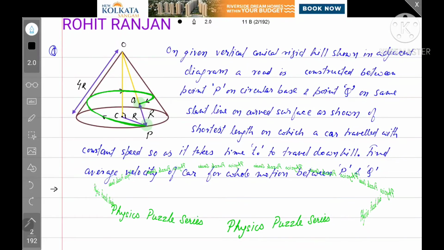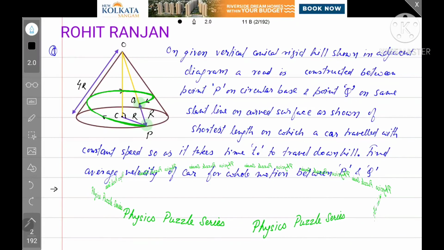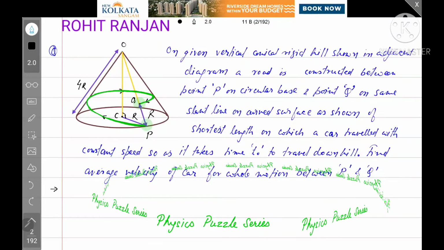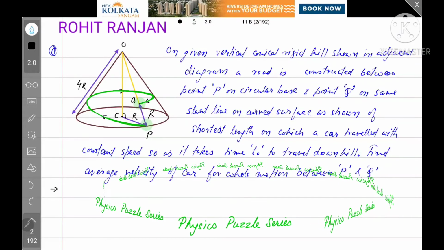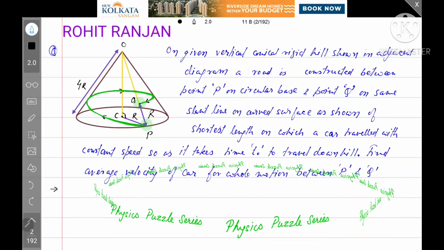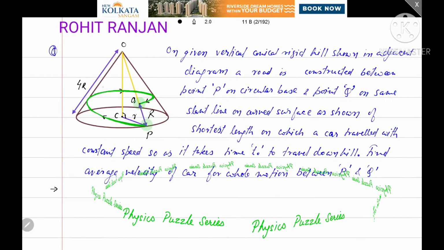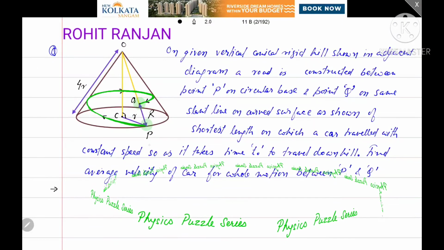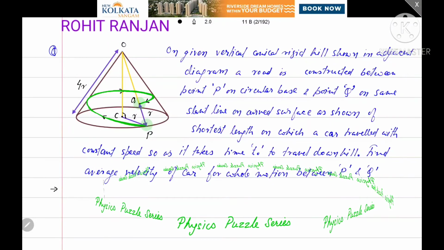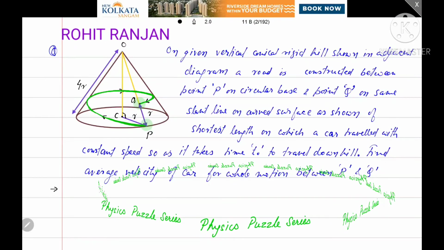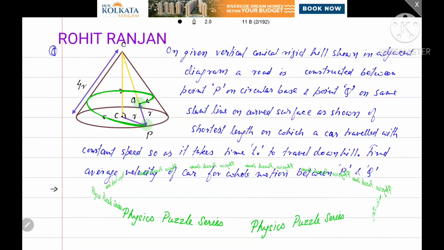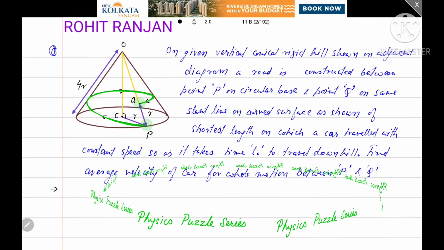Here again I am repeating, this is a conical hill with a vertical axis. We can see the apex is at O, the circular base has radius r and the slant length is 4r. We can see this is r, this is 4r. Let us take it as small r. Now P to Q, the shortest distance length is also r. It is given. Up to this the question is there. How to solve this question? You can take your time.